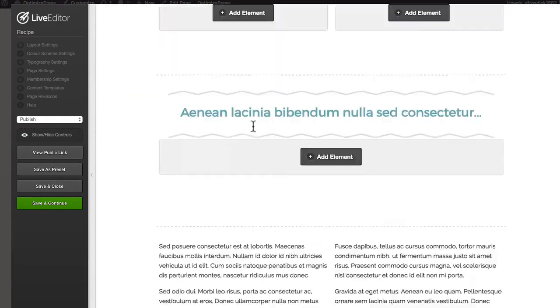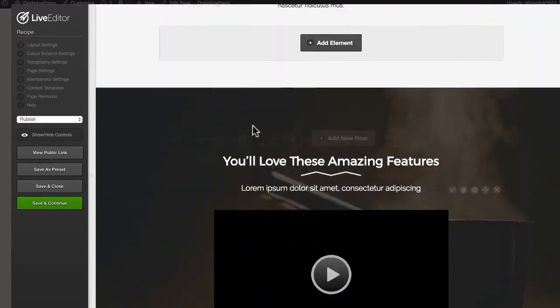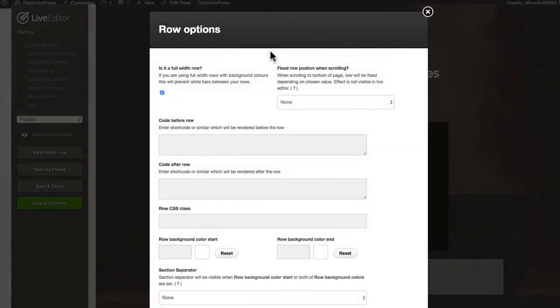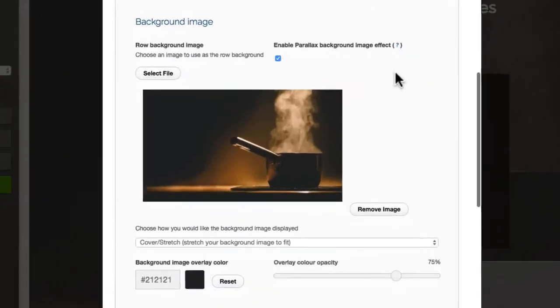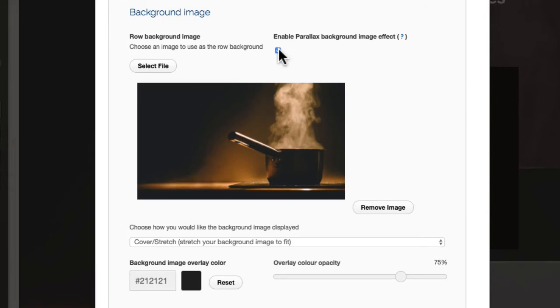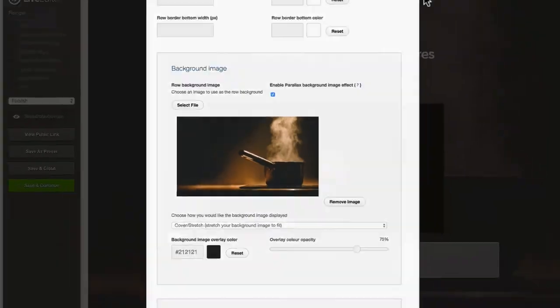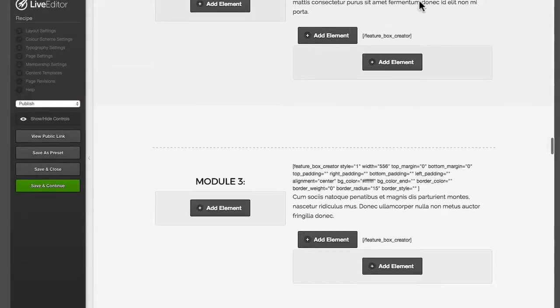If we drop down to the other row we had here, this one, the parallax, so edit that, go on down, and we've just simply checked this box here. This image as well has got a slight coloured overlay opacity set at 75%, and we've checked that box there to enable the parallax effect on that image. And the same is done for